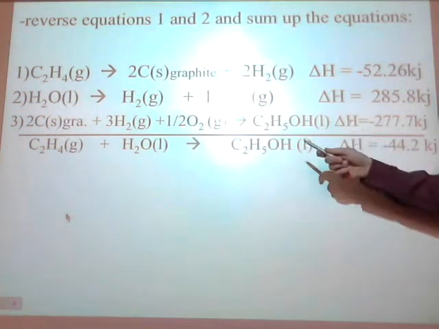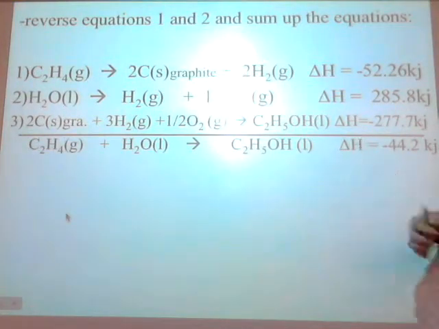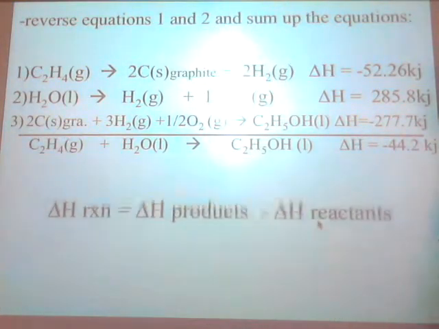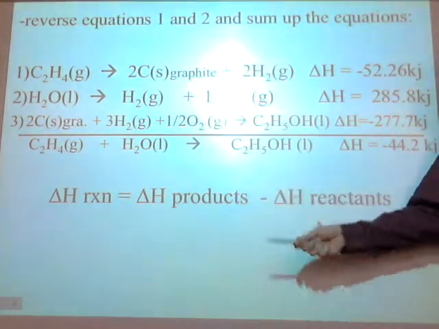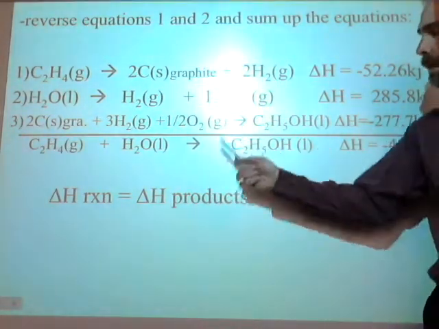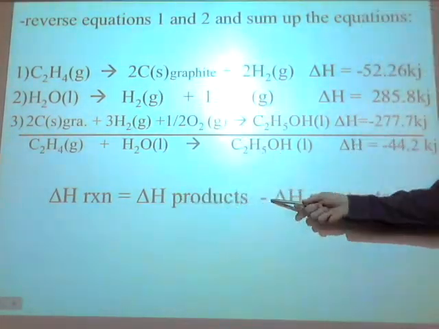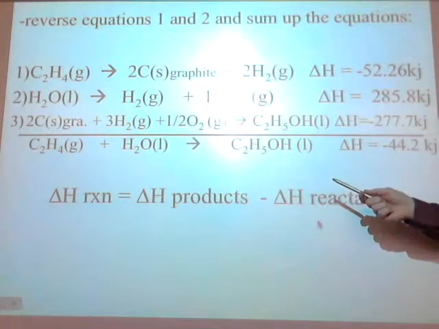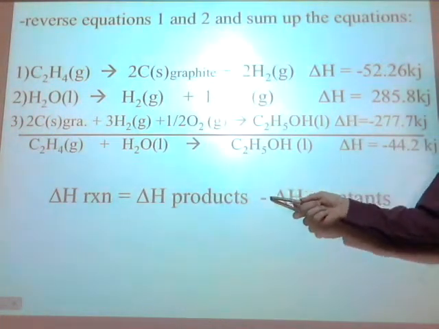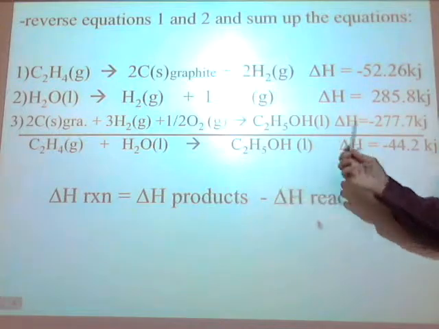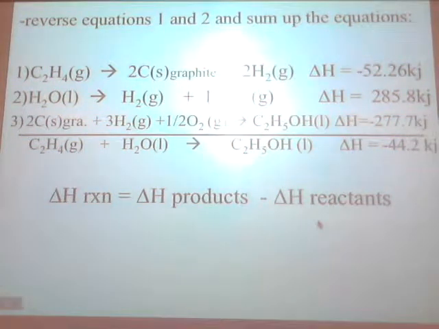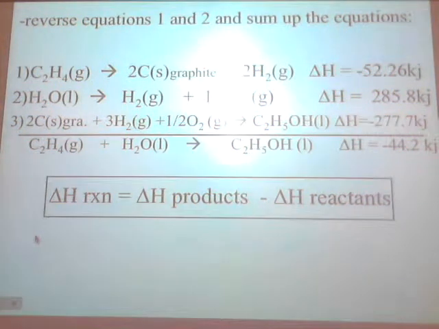All right, so you know what? I can actually make an equation out of that. And here's what the equation is. Delta H of the reaction equals the delta H of the products, so the products keep their same sign, minus the delta H of the reactants. When you look them up in the back of the book, that negative sign in front is going to change the sign of those guys. And that's what the equation is. Put a big box around it, because that is a big equation you're going to be using all the time.